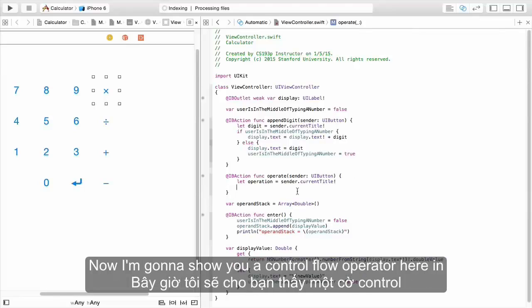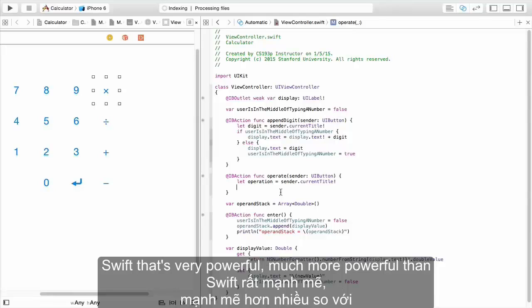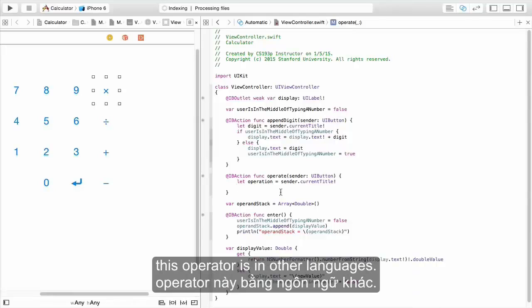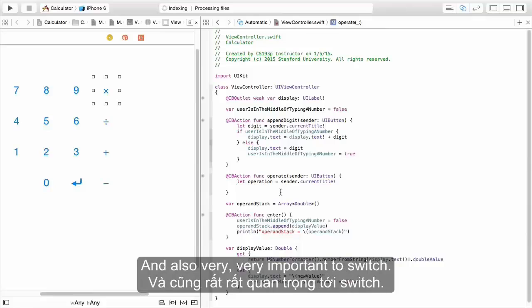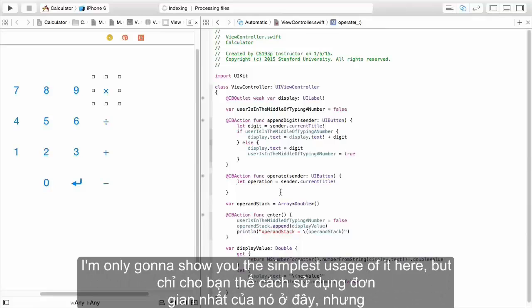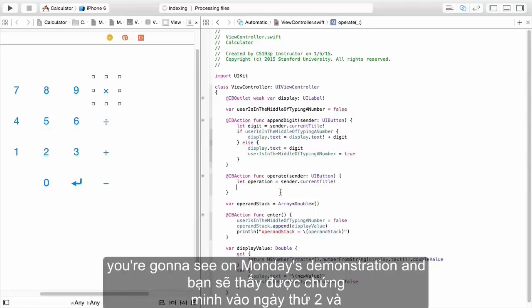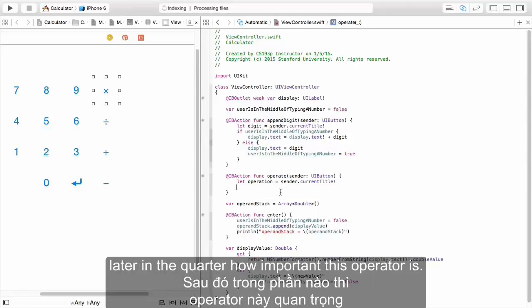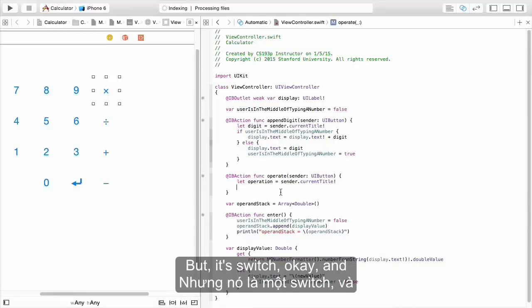Now, I'm going to show you a control flow operator here in Swift that's very powerful, much more powerful than this operator is in other languages, and also very, very important to Swift. Now, I'm only going to show you the simplest usage of it here, but you're going to see on Monday's demonstration and later in the quarter how important this operator is. But